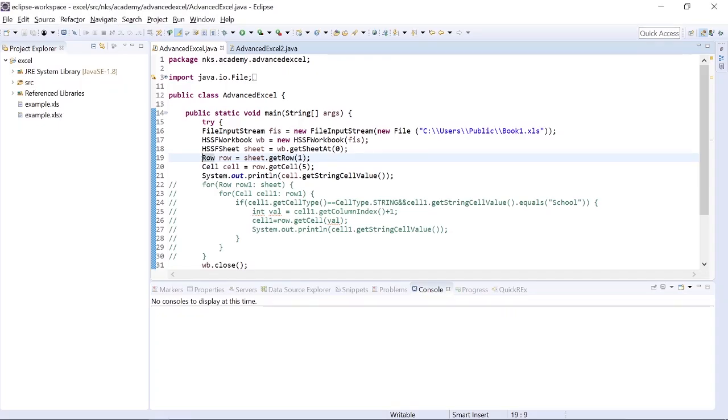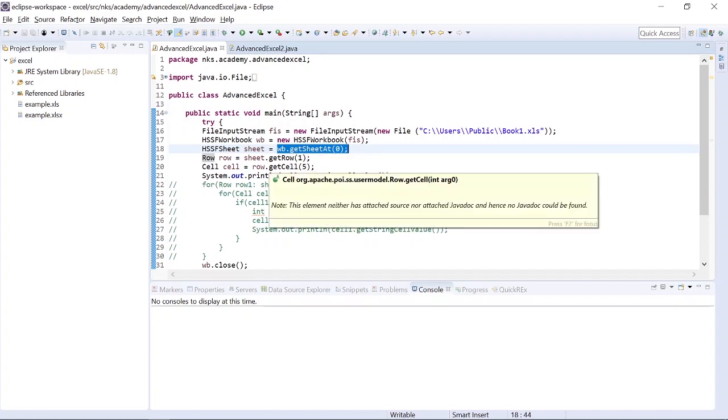Now let's see. First we have read the XLS file and we have formed a workbook for this, which is HSSF workbook, because this is XLS file. And in the first sheet, that is at the 0th index, we have our sheet which we want to read.